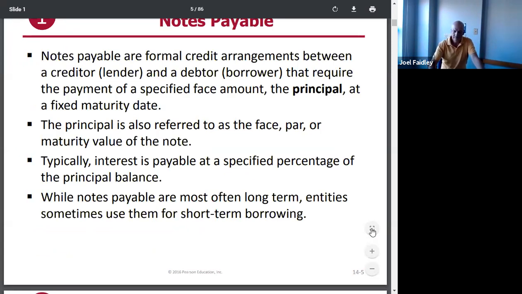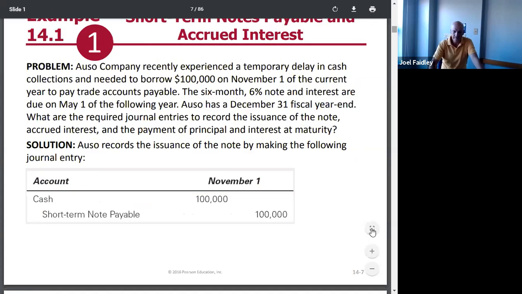So how do we make those transactions? Very simple. We're going to debit cash. We're going to credit, in this case, short-term notes payable, because it's a 6-month note. And you know that anything that's less than 1 year is considered short-term or current. If it was a note payable due in more than a year, then you would have both a long-term liability, notes payable, and a short-term portion, whatever's due in the coming year. Always important to keep that straight